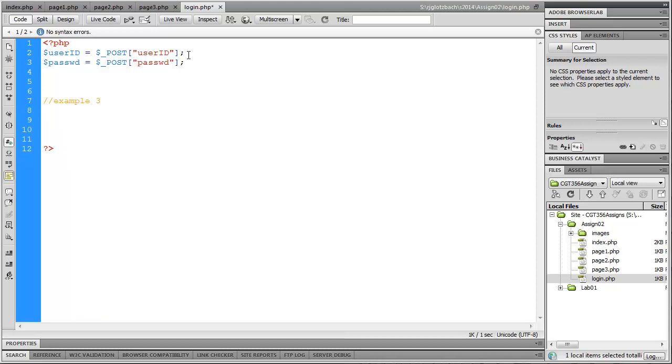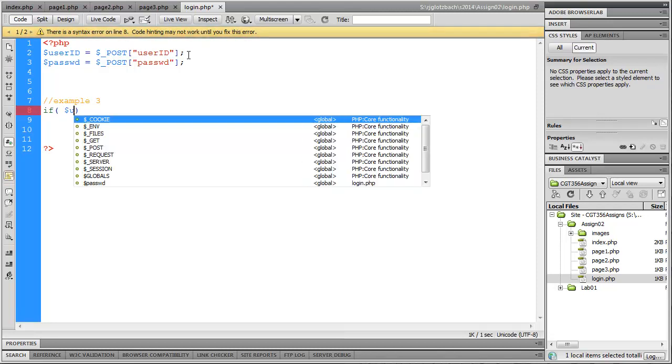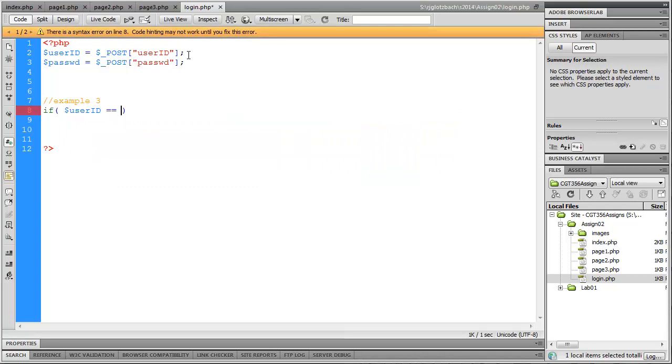In example 3, we're going to do an if statement, and in that we're going to say if the user ID is equal to page 1. The comparison operator in PHP is a double equal sign. So if it is equal to page 1, and I'm going to put curly brackets there. Those are curly brackets. They're not square brackets. They're not